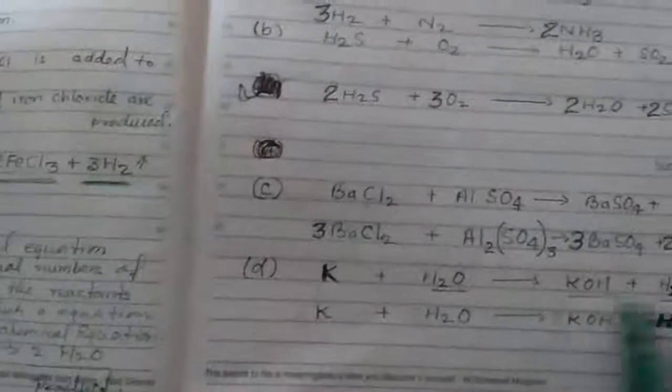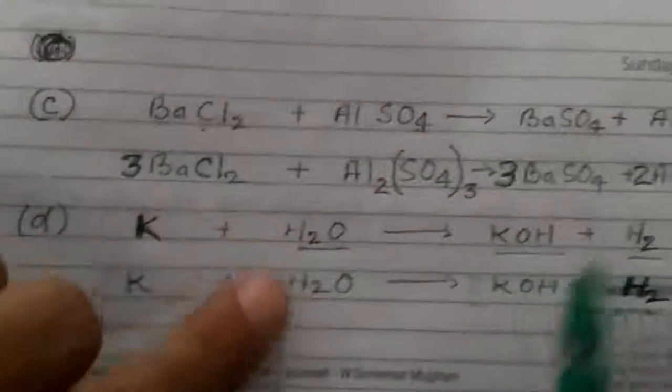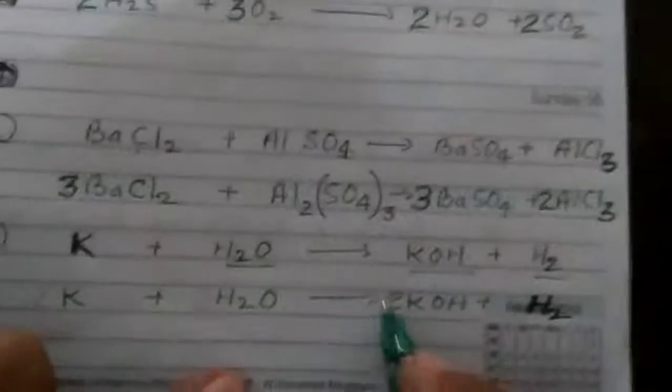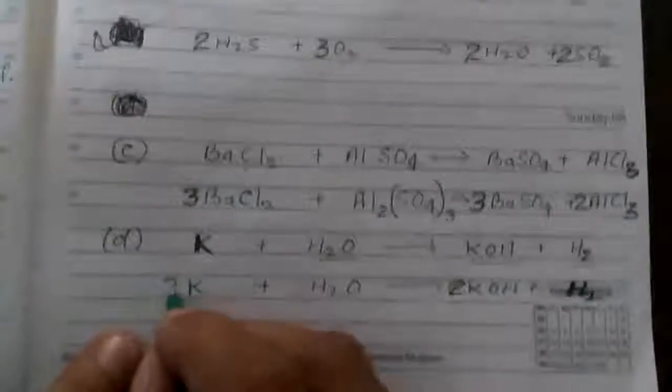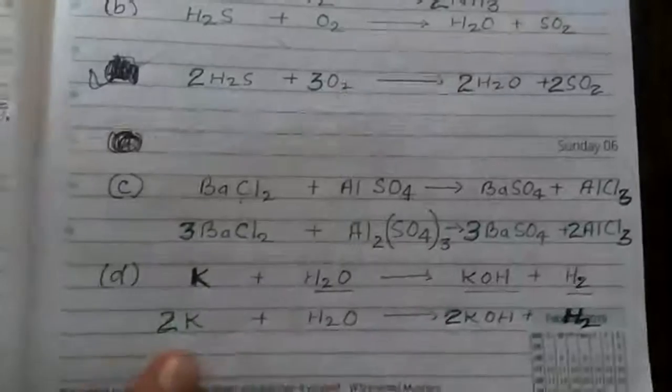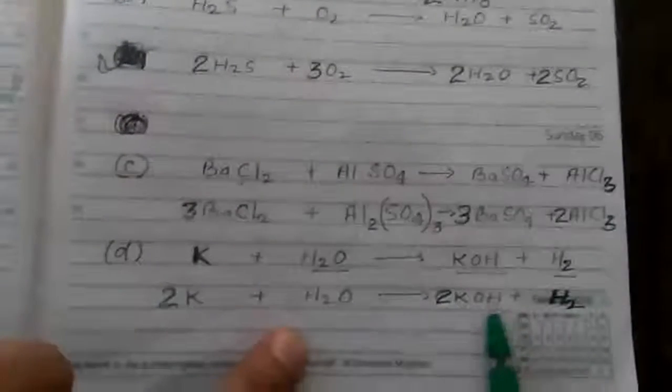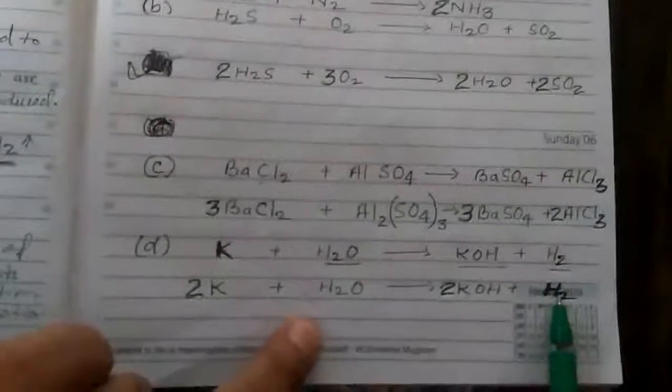When we balance the hydrogen, here is 2 and 1, 3, here is 2. So we will have to make it even. Then it will be 2 and 2, 4. So making 4, potassium hydroxide first, we will make here 2. So when we write 2 here, now try to calculate, the potassium becomes 2. So you write 2 here, 2 atoms of potassium. Now try to count the number of hydrogen. So hydrogen becomes 2 and 2, again here 4.